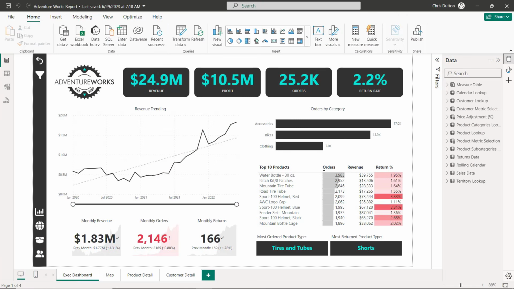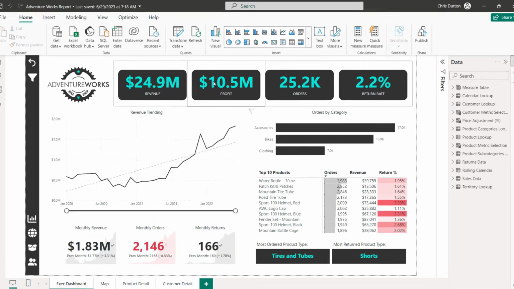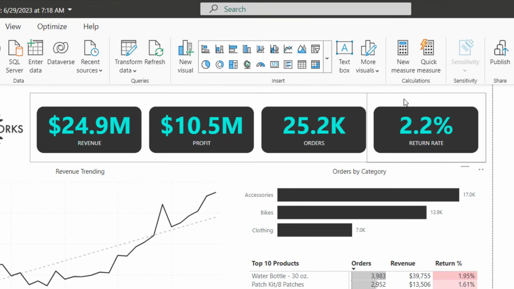So here we're looking at our AdventureWorks report. And you remember with these cards at the top of our exec dashboard, we kind of had to do this manually. We added 4 separate card visuals. We added shapes for the background. We grouped it all together. So the first thing I want to show you is how the new card visual can really help replicate something